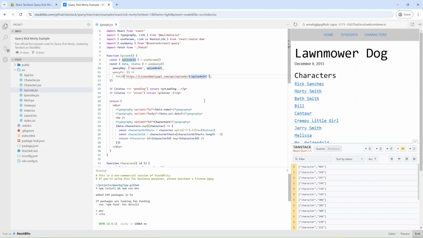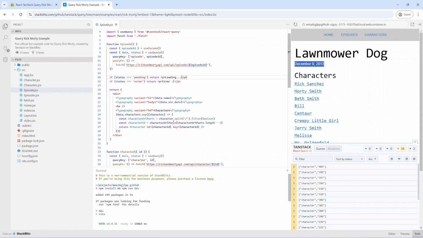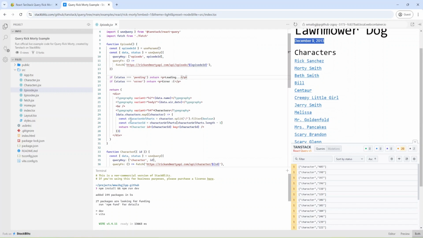And also we use it to fetch the data. And also we have taken for statuses here, and also some headers and some data about date, and also we have a list of characters, and they use the map function of array to build JSX for each character.